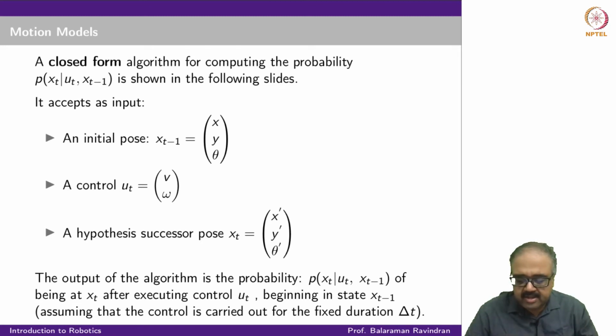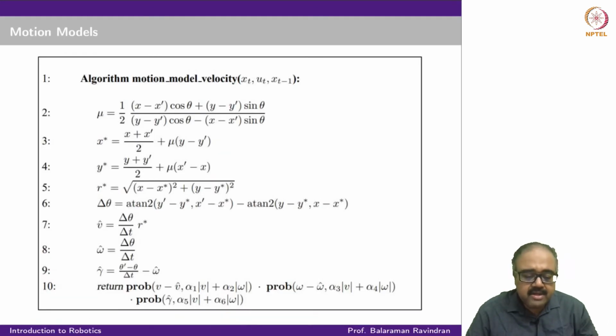Okay. So normally we would have seen this kind of forward kinematics model in terms of deterministic dynamics. Given an xt minus 1 and a ut, you know what xt will be. You solve some differential equations and you find that out. But what we are doing here is trying to make this into a probabilistic model to account for all kinds of non-determinism that is there in a real system. And this allows us to then directly plug into the filters that we have seen in the previous weeks. So here is the algorithm. This looks a little complicated, so I'm going to walk you through this slowly.